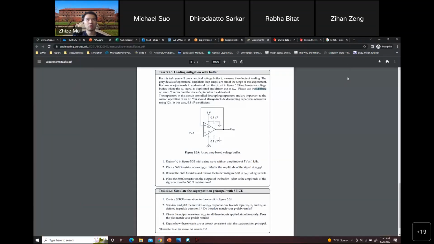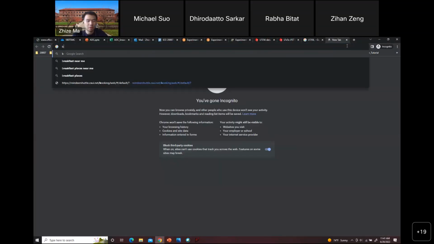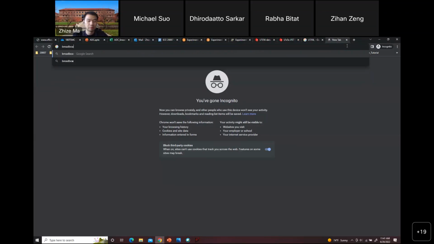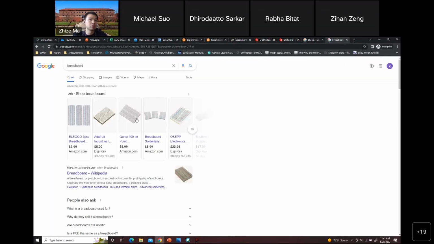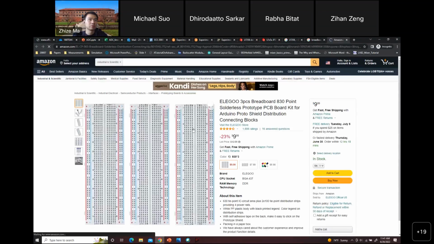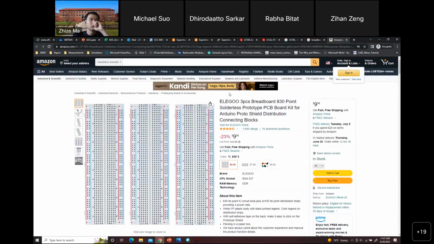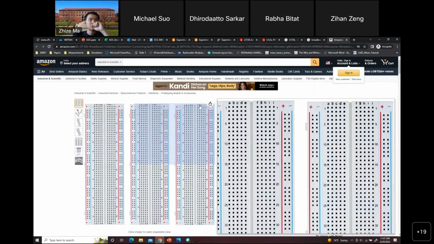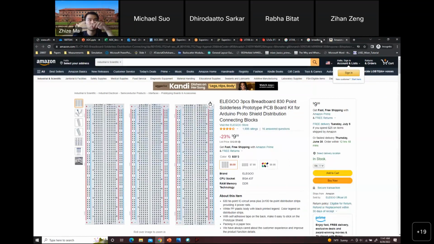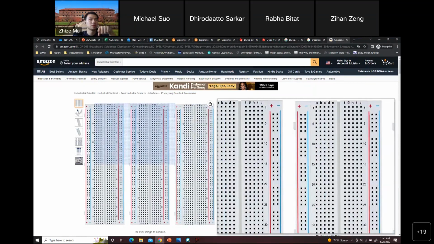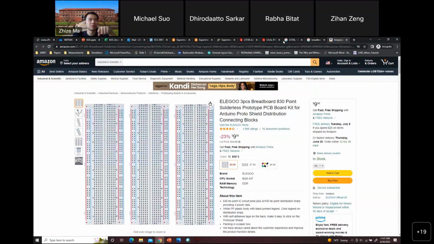Another common mistake is, let me show you. It's not a very good picture, but I can show you right here. When you get the chip, you see the chip has two columns of pins. You need to put this chip on the gap right here. That's how you put your chip. You want to make sure the chip is on the gap of the breadboard. If you put your chip right here,